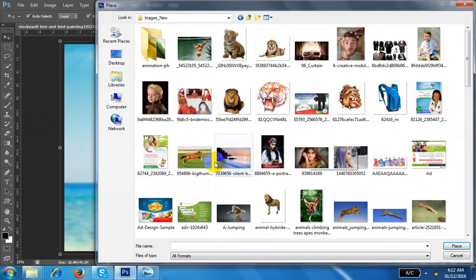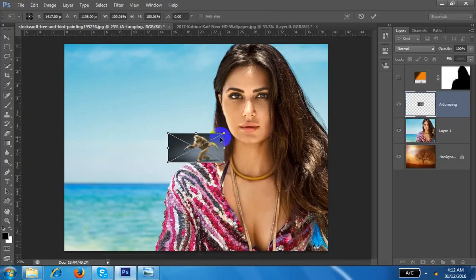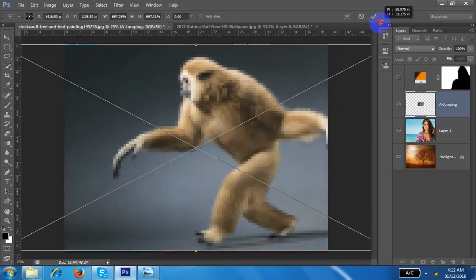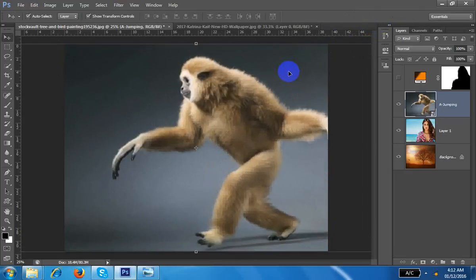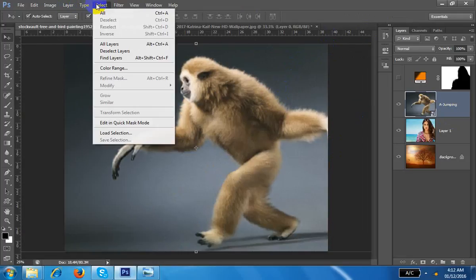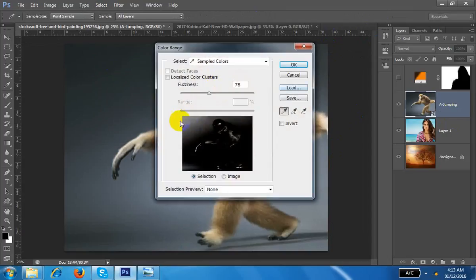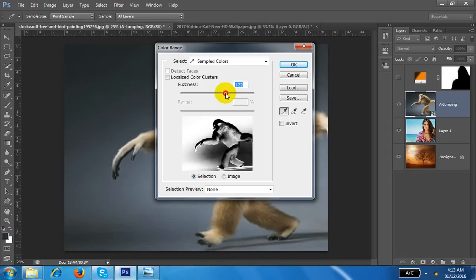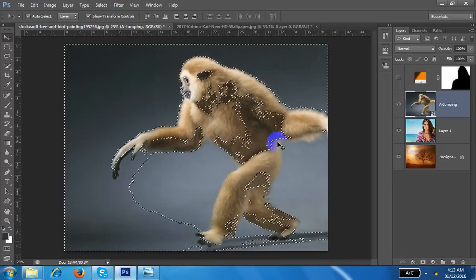I can take a single background color. I don't need a background from here. Maybe it is selected. Okay, I don't know whether it is possible because this is a different color. This is a different color. I don't know whether it will be selected. Go to select by color range. Select color range. Click on this portion. It will be selected. Increase it. And go to this folder again. So it will select. This is what happens.